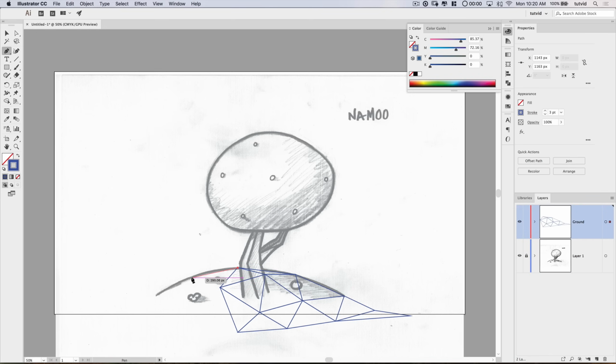Now hold down Shift, and let's draw another piece of the ground plane. There we go. And let's draw out another triangle like here. Make a triangle about that size. That looks good. Let's create another triangle, maybe like this. All right, cool. Something like that looks good. Hold down Shift. Let's create a triangle that's going to,